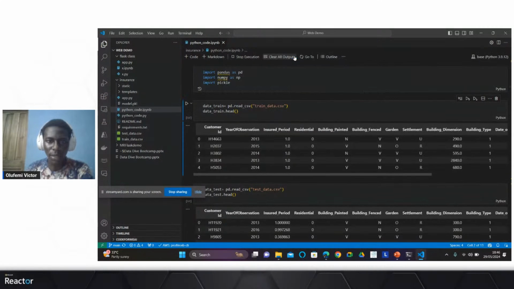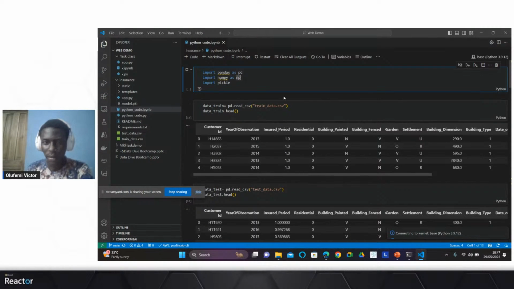So I'm going to connect my environment. And yeah, we are good to go now. So you can just import your pandas as pd, your NumPy as np, and of course you can import Pickle as well, because that's what we're going to use to then save the model with, right?